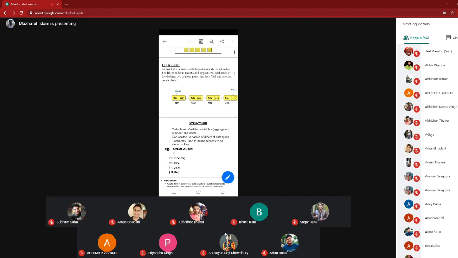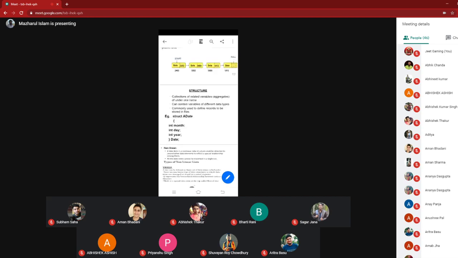That is why when nodes are connected with each other in a hierarchical manner, that organization of the nodes is not called a linear data structure. That is a non-linear data structure, and tree and graph are in that category. In a linked list, nodes are present in such a way that starting from one node, you can traverse all the other nodes in a linear fashion.